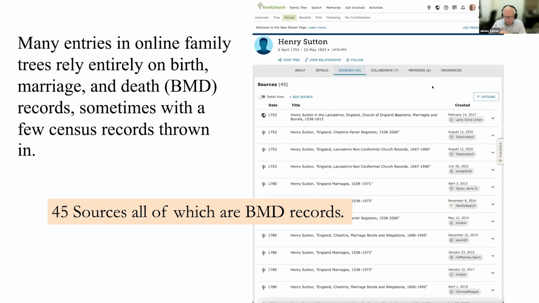And one thing I can say about having this number of birth, marriage, and death records is that despite the fact that there are all these records, it's very, very likely that, number one, all those records do not pertain to this person or this family, and that all these records, in fact, do not belong to this person at all, and that they've got the wrong one. So the only thing we could do to make sure that we have the right person is to move beyond this one category of records that we have available historically.